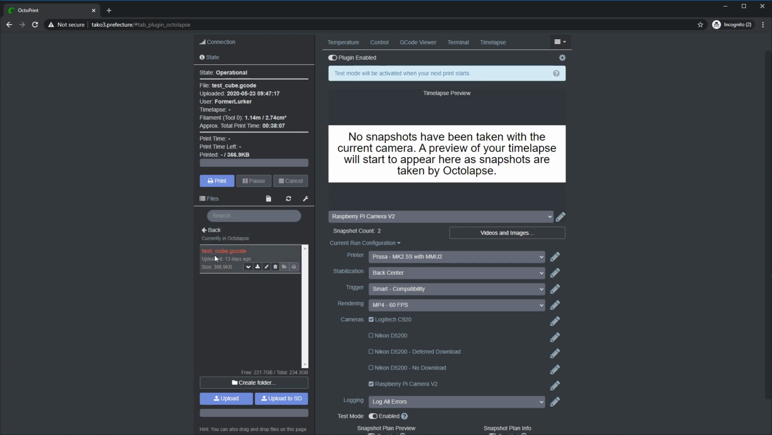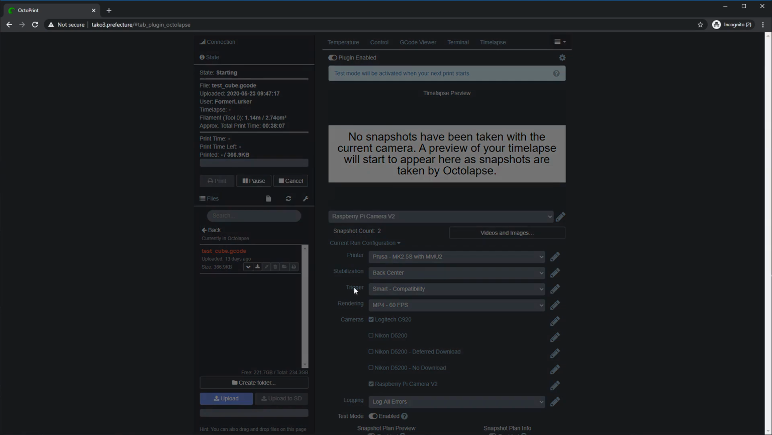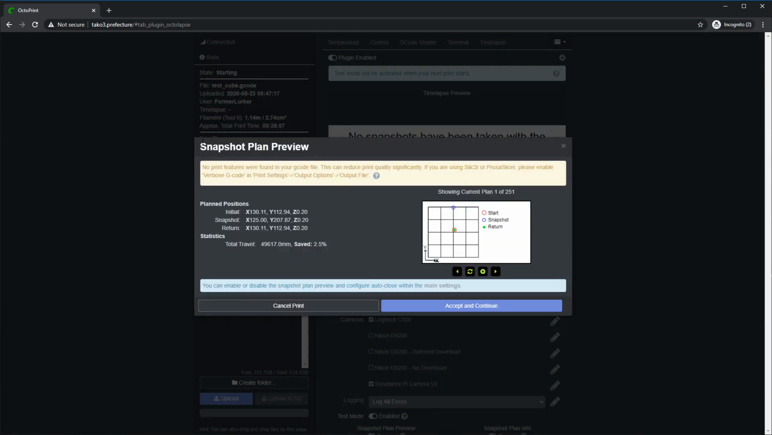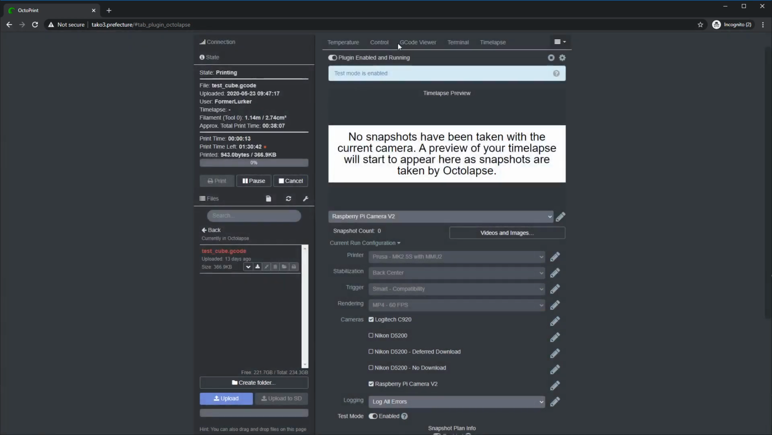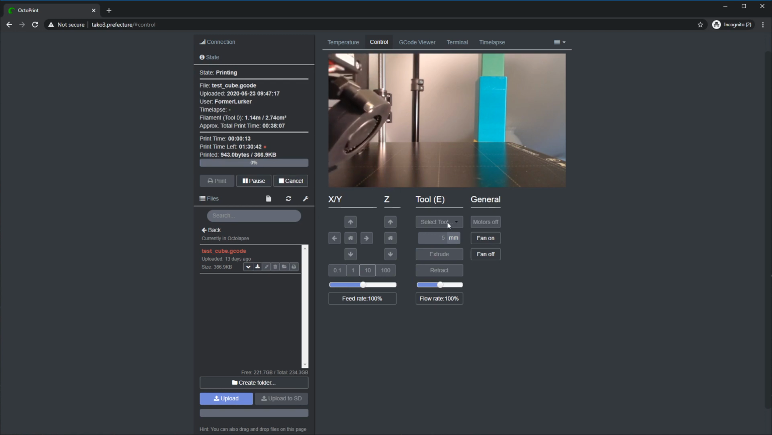This is a good one because it's small. It's very fast to print, doesn't take very long. So I'm going to select that. I'm going to hit print, and if you're using one of the smart triggers, you'll get the snapshot plan preview. If you haven't seen this before, definitely follow the getting started guide. It'll familiarize you with all these settings. I'm going to hit accept, and then immediately my printer starts to